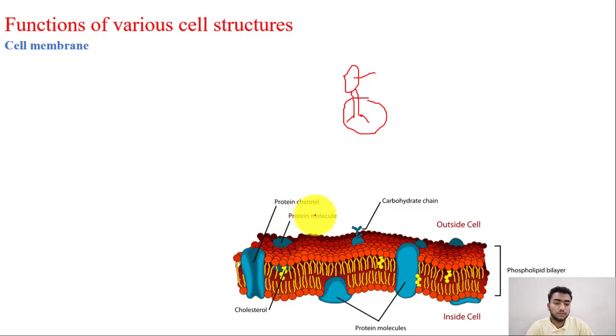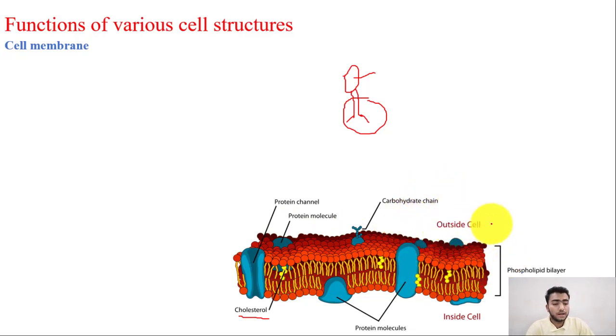This is a protein channel, this is a protein molecule, these are also protein molecules, and these all have their own particular specific functions, and it also has certain structures such as cholesterol. So cholesterol has its own functions. For instance, it adds to the stability of a cell membrane. So you guys do not need to remember the functions of these structures which are a part of the cell membrane, but you must have it at the back of your head that these small tiny structures, these molecules, are there for a purpose, for a reason.